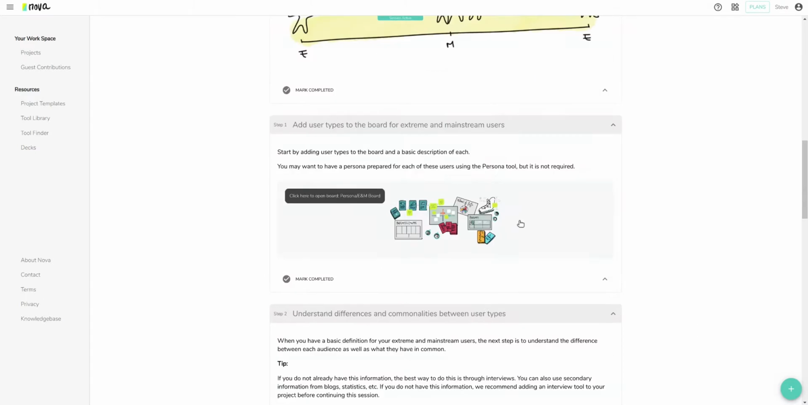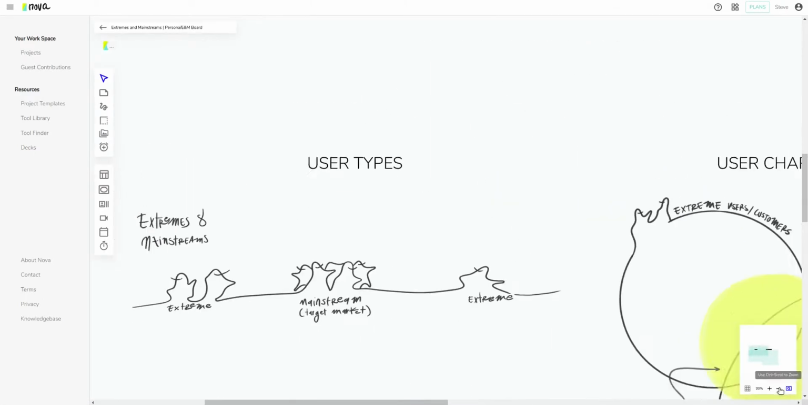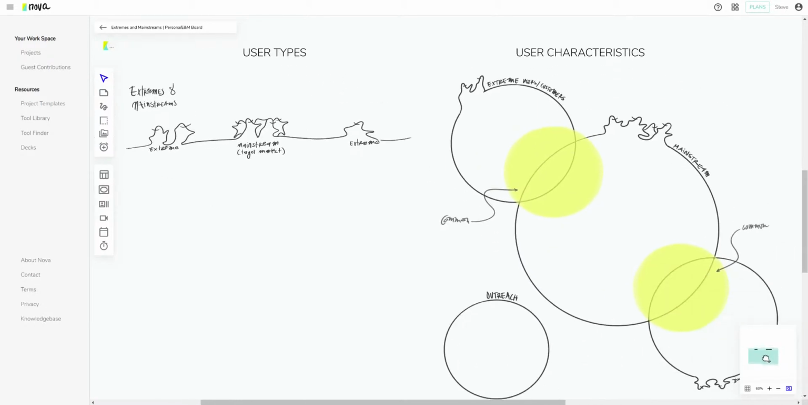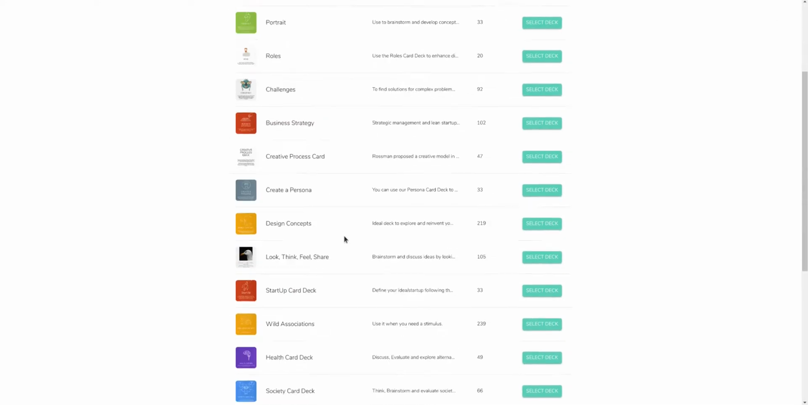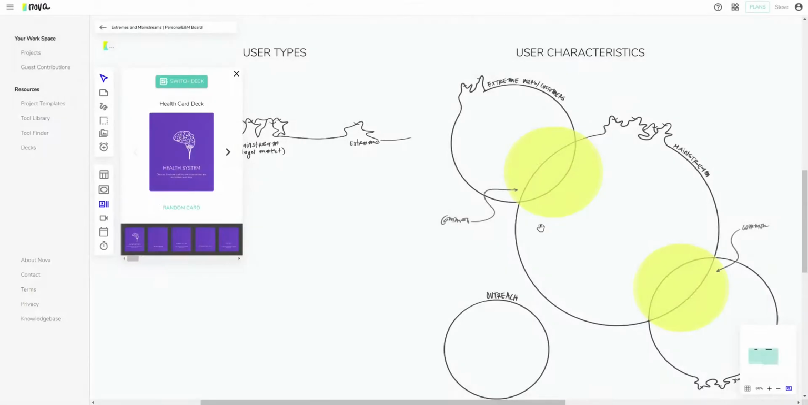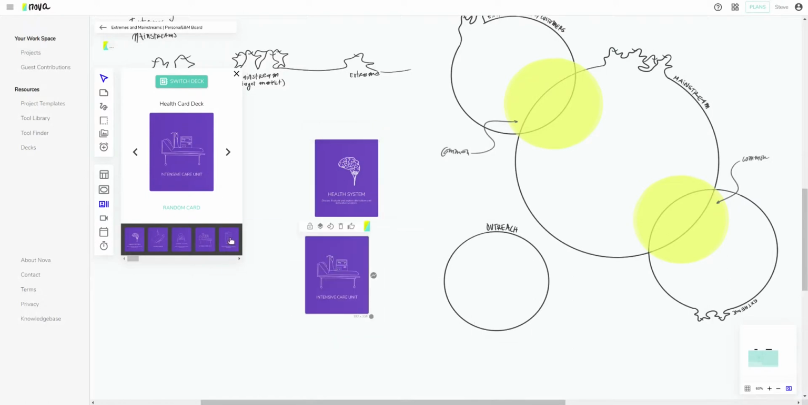Now, inside the boards, there are also features such as background templates, such as this extremes and mainstreams tool, which allows you to carry out a certain innovation tool. But there are also decks, for example. There are many built-in Nova decks that you can use, such as, let's take a look at the health card deck. So we'd select this deck, and we'd be able to collaborate by moving the cards from this deck onto the screen